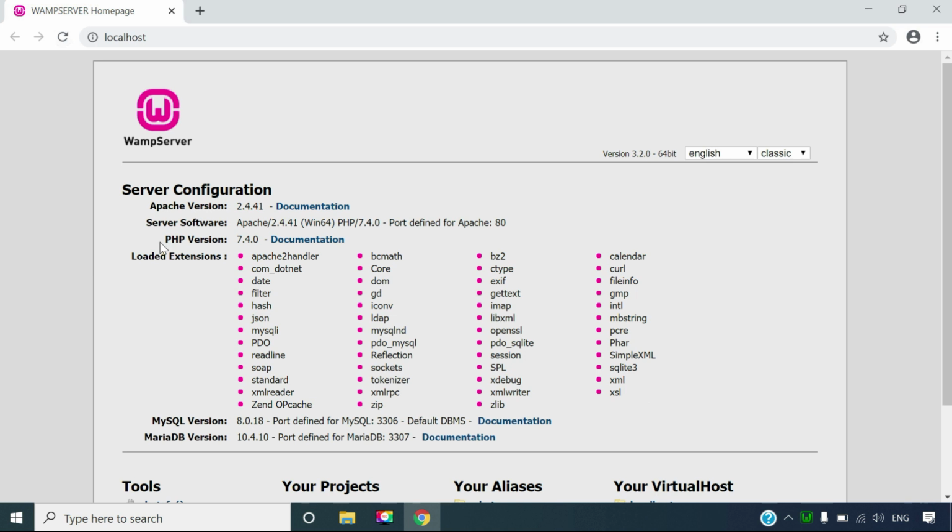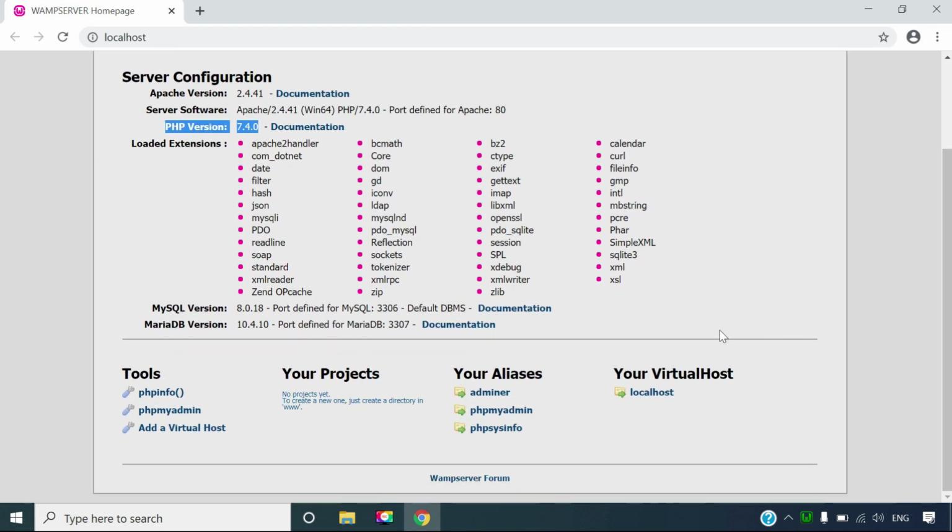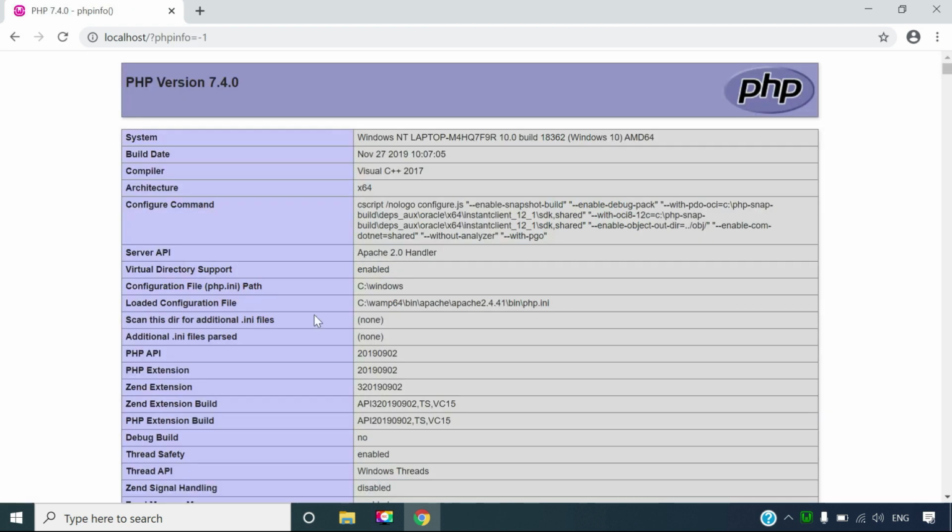Now the PHP version is 7.4. Under the menu Tools, we have three links. If you click on PHP info, that will show you all the information of the PHP installation. There you can see the version and other details.